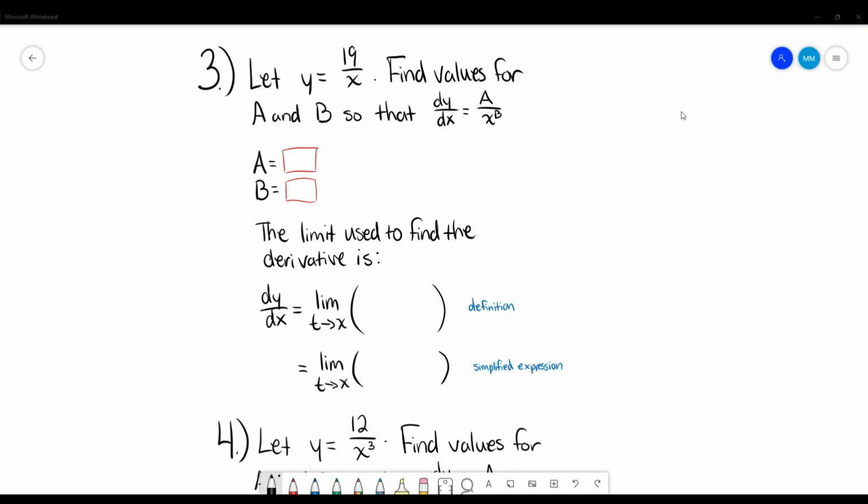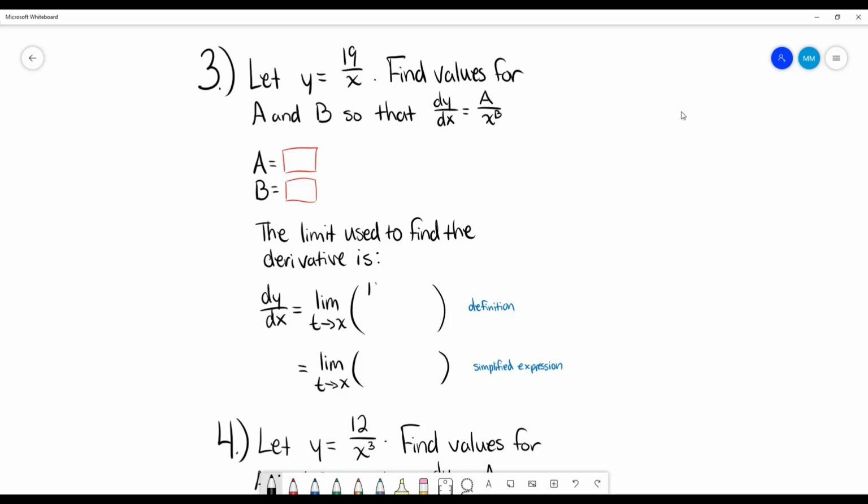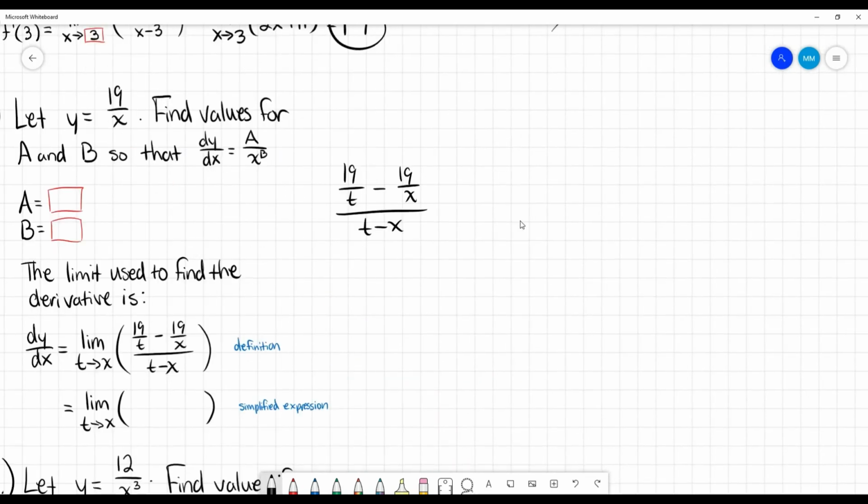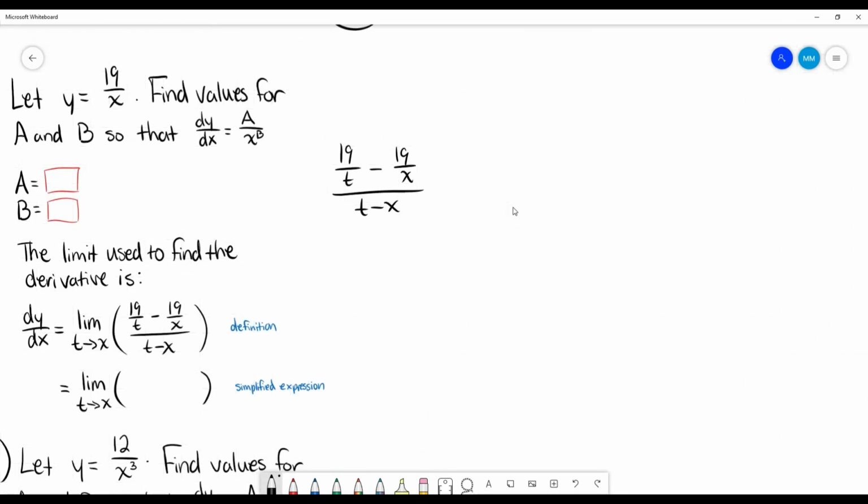So now knowing that, we want to plug in our f of t, or in this case we've got a y, not actually f, so it's going to be 19 over t minus 19 over x, and then over t minus x. And this is pretty ugly, but I'm going to rewrite that quotient over here so we can work with it algebraically. Again, typically when you're working through the steps to simplify this, you do want to keep writing the limit part in front of it, but for the sake of my wrist,